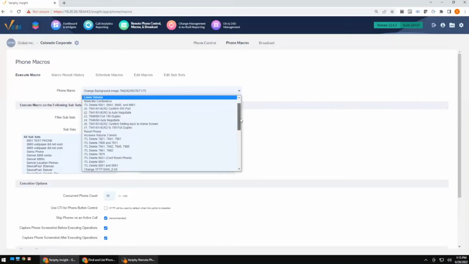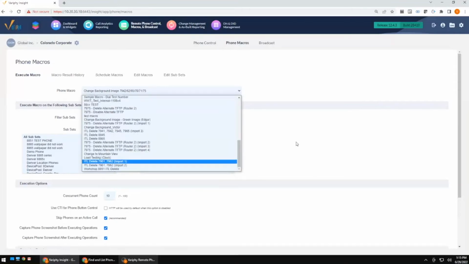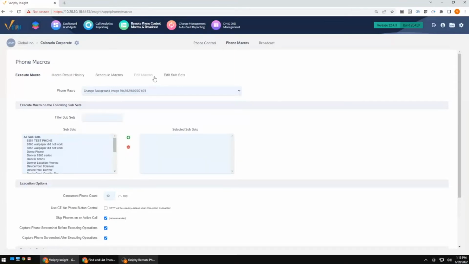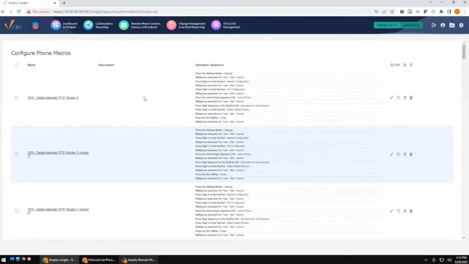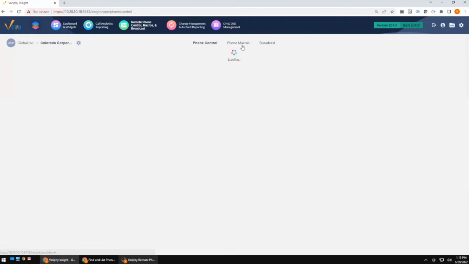So you can see in here, I've got my workshop macro. What we're going to do is create that subset so that I can run it against just this one phone. For that, I'm still working out of the macro screen. I just went to edit subset. I'll let this render here. Like I said, we probably have a lot of subsets in here. Oh, that took me back to macros. Give me 1 second. Let me get to macros and then edit subset here.